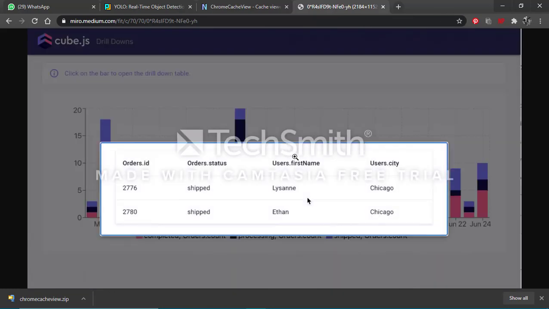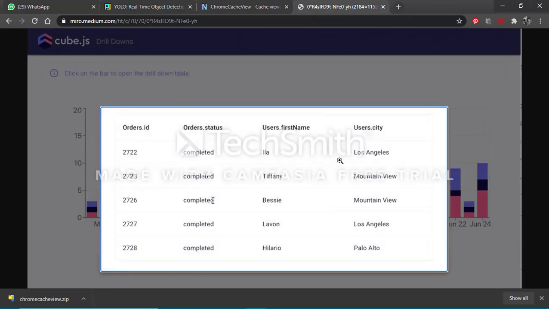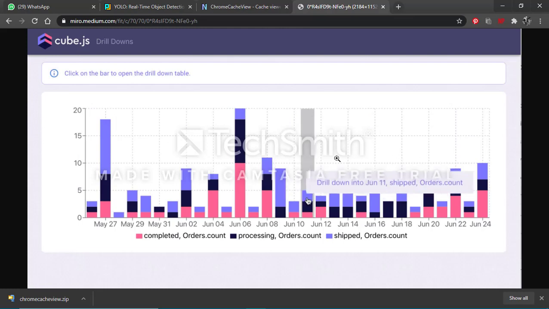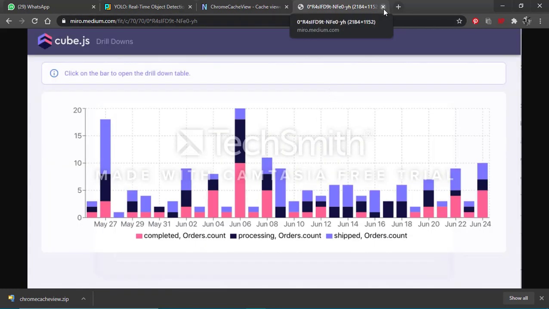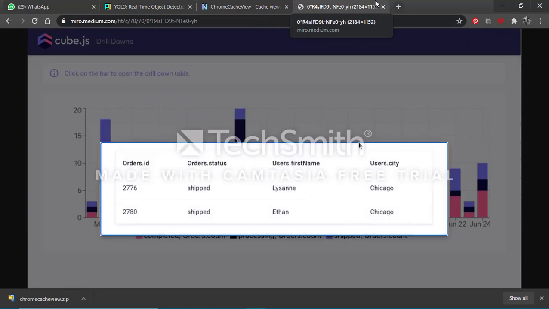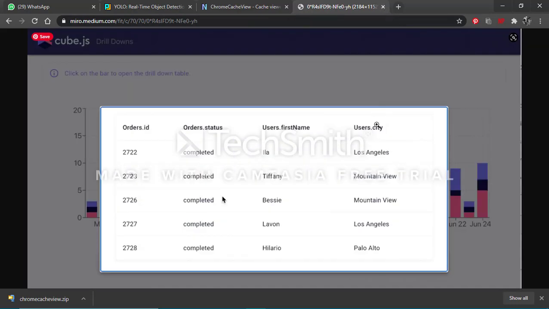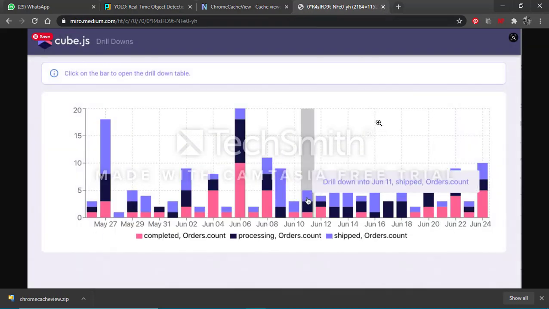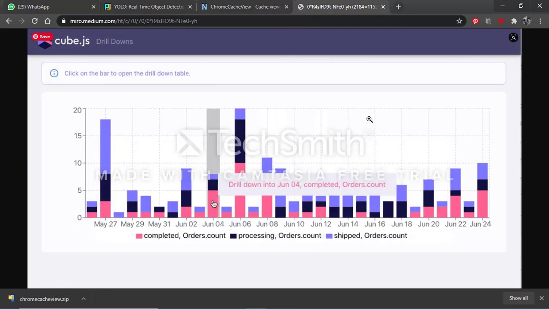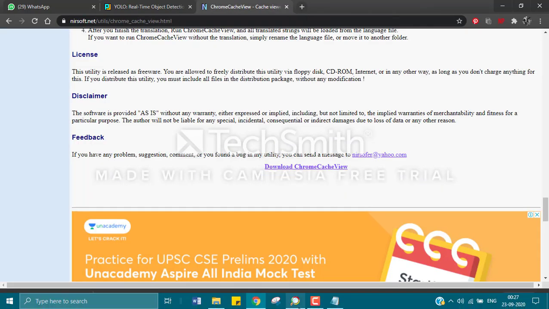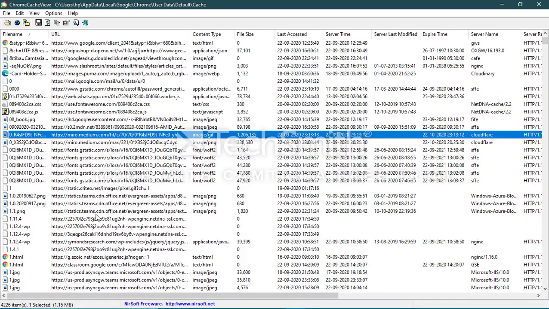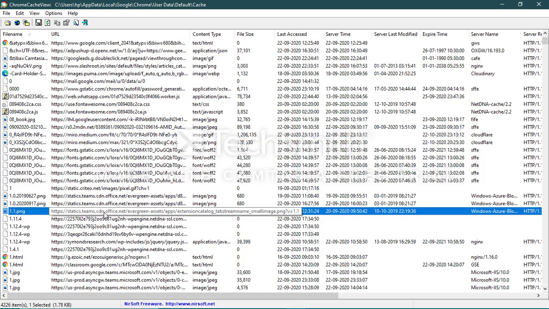I may or may not have visited this one, but this is most probably related to one of the websites that I have visited previously. I suppose it is based on AI, according to my knowledge and my memory. So let's just close it and try some more images.